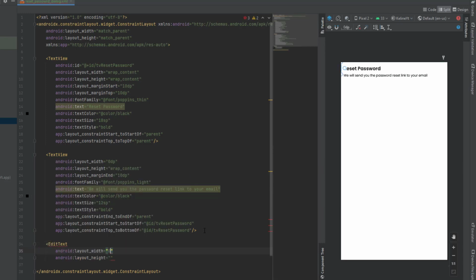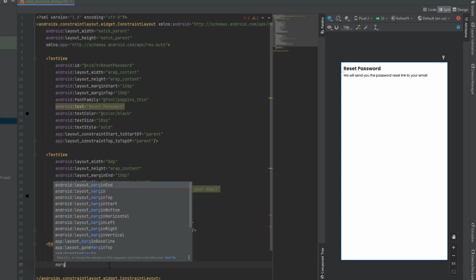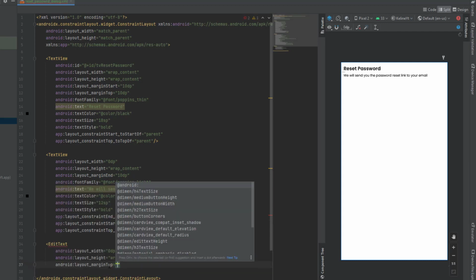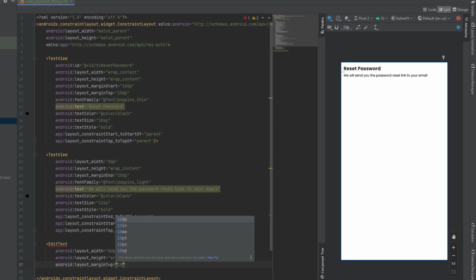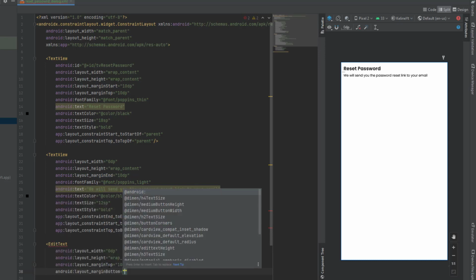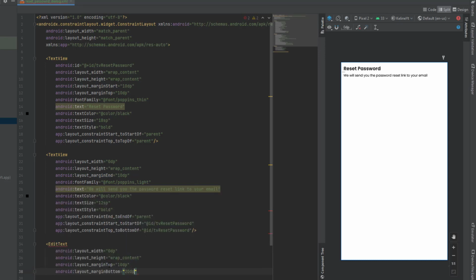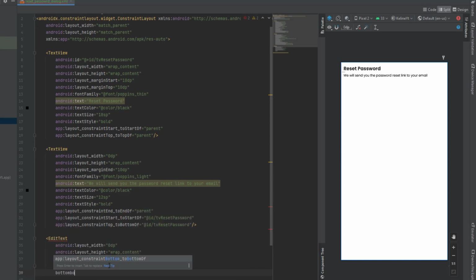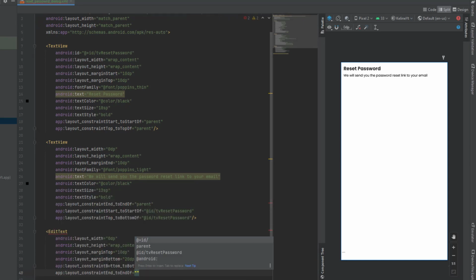Gonna have width of 0 dp and height of wrap content, margin top, this is margin top, 10 dp, margin bottom 20 dp, bottom to the bottom of the parent, end to the end of